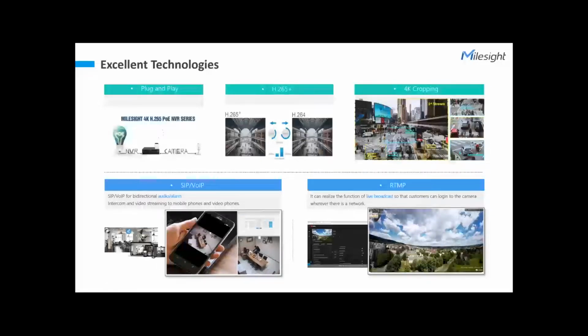Again, these are plug and play together with the Milesight equipped or Milesight NVRs. The Milesight also has software-based solutions for this. As I mentioned earlier, CMS and VMS options are available. H.265 transport is great to lighten the load on the network. You can crop out images and make multiple images out of one. In terms of your panoramic cameras, you can have different views with localized pullouts, which is a really nice